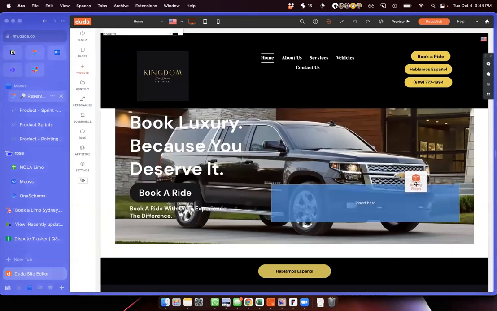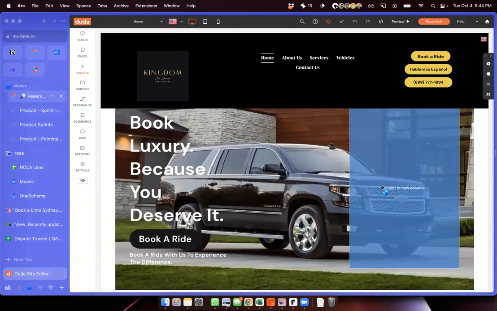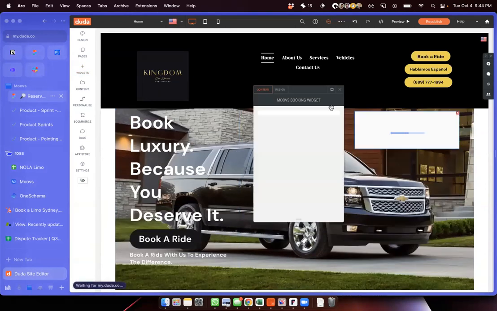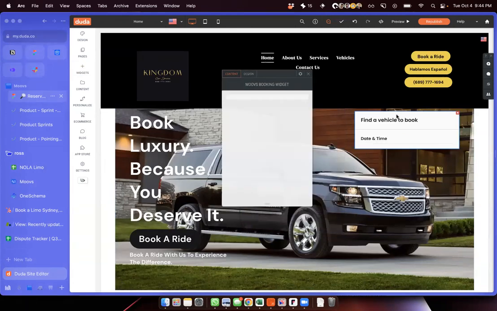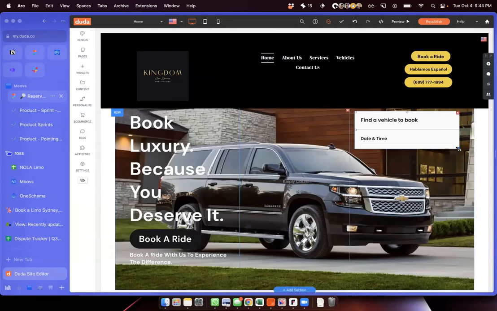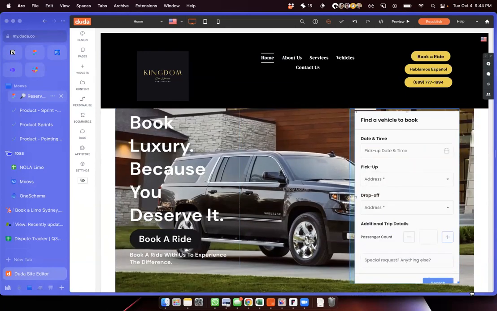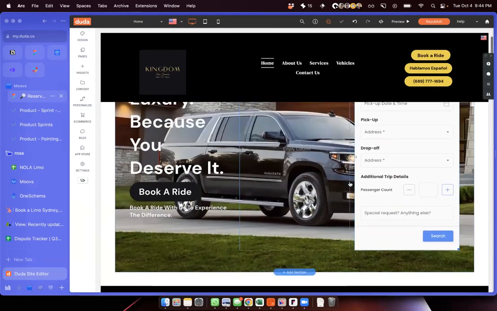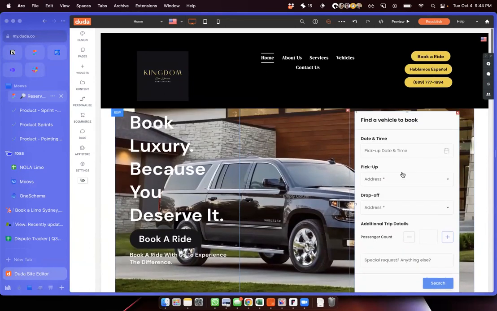You can drag this, say here, and then it'll load, and all we need to do is resize it. To resize it, you'll just bring this open. And now you have an embedded widget there on your homepage like that. Is that what you were referring to, Marlon? Yes, exactly what I was referring to.